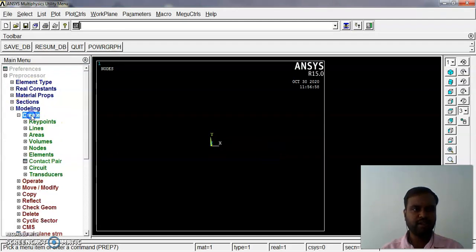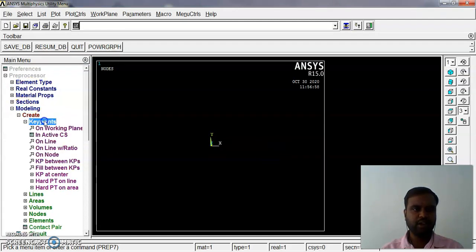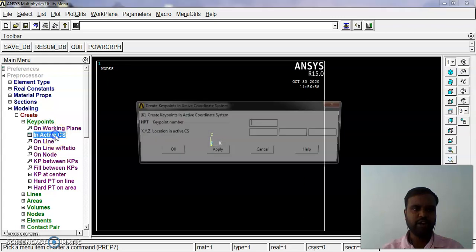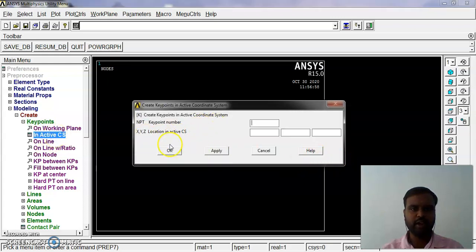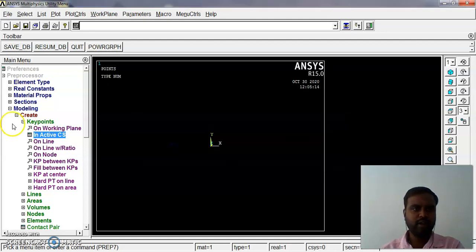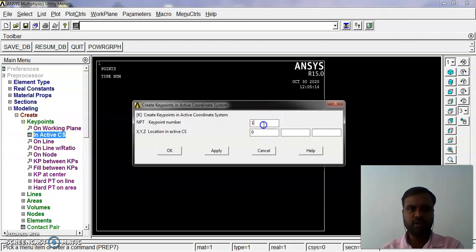Modeling, create, key points, in active CS. Total distance you can take as 1 meter. So I want to start with 1, 0. Initially I am going to take 0. Give OK. Then in active CS. Second point you can give as 2. The value is 0.5 meter.